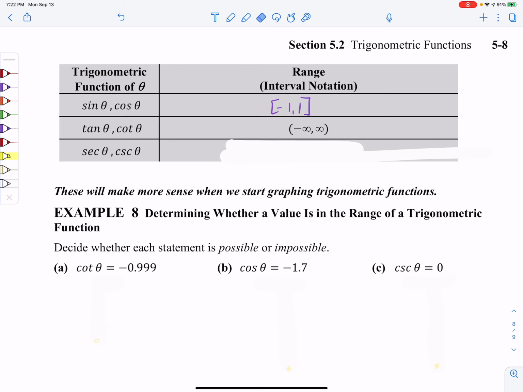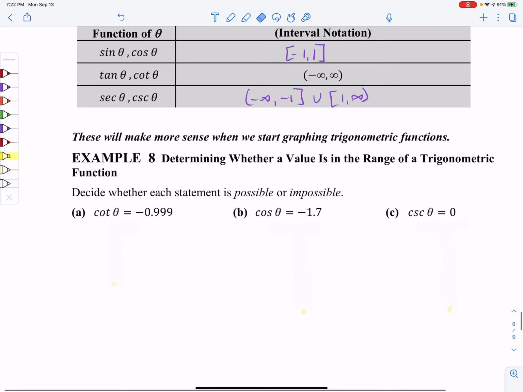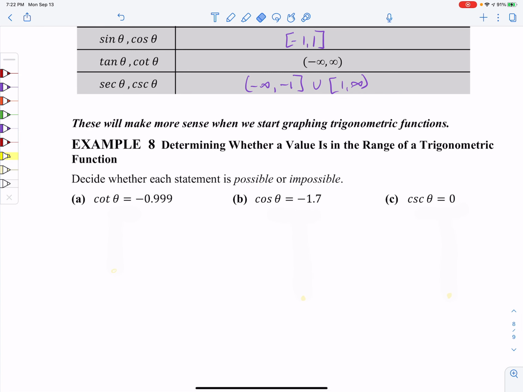Tangents and cotangents are always going to be between negative infinity, positive infinity, all real numbers. And then secants and cosecants are going to be from negative infinity to -1, and then also from 1 to positive infinity. So the question that we're being asked is the statement possible or is it impossible by using these